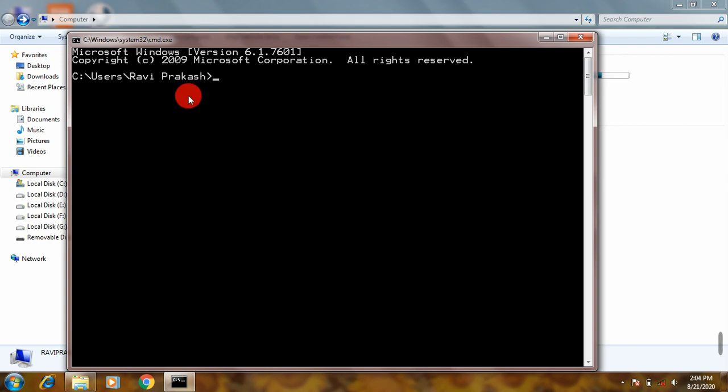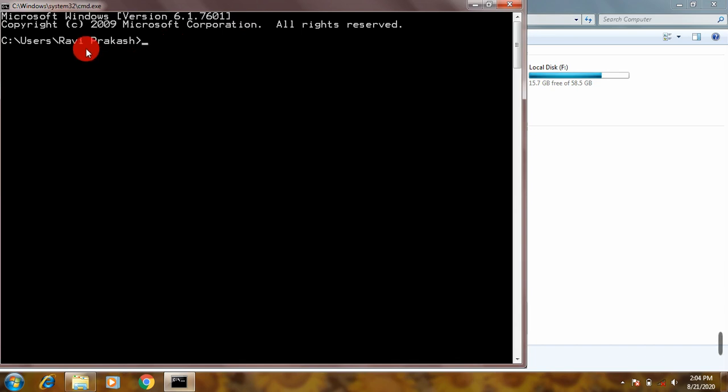So now you can see here this is your CUI, meaning command user interface, and here you cannot find any picture, icon, or desktop background. All you have to do is type your command to perform any operation. So this is what the older computer looks like. You can still find such computers in railway reservation counters.